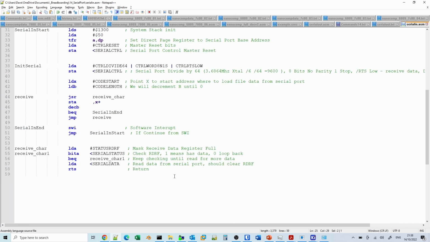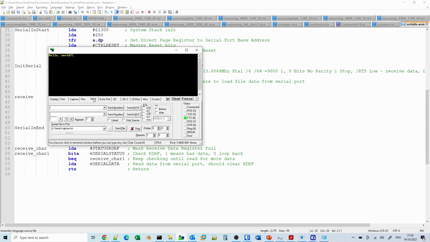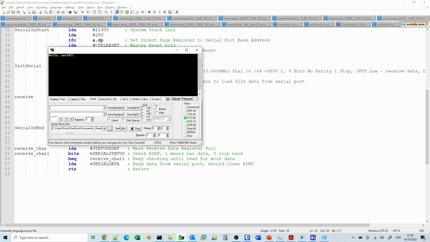What we're going to use in the terminal program is to send a file. We could actually choose the file to send. We're actually going to be sending the serial out. It'll only send it when I hit send file. You can see we've still got the data left over from the test here. So we're lined up here to send that binary file when everything's set up.